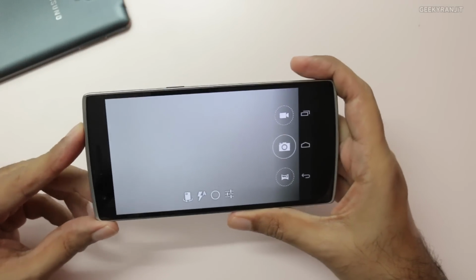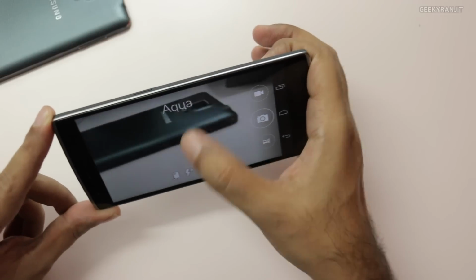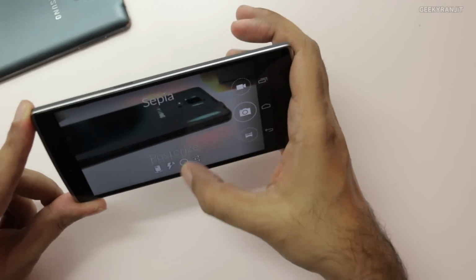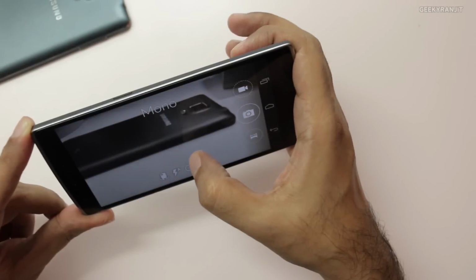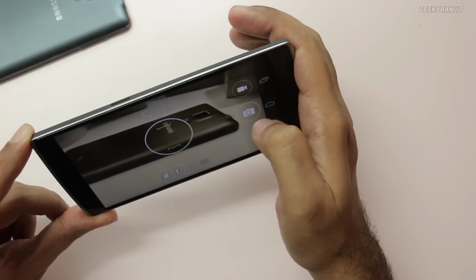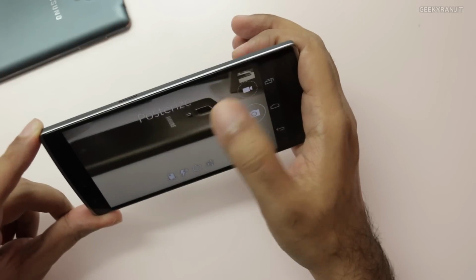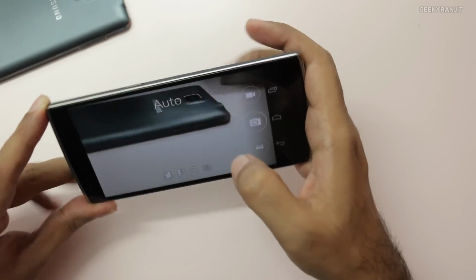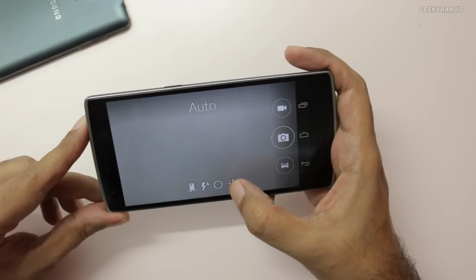This is what you get by default, and you can actually change the modes by just swiping like this, and you actually see it in real time. So that's really nice, I would say. And taking the shots, it's pretty easy. Just click and it takes the shot. You can just move around like this for the modes. And here are the further settings that you get.